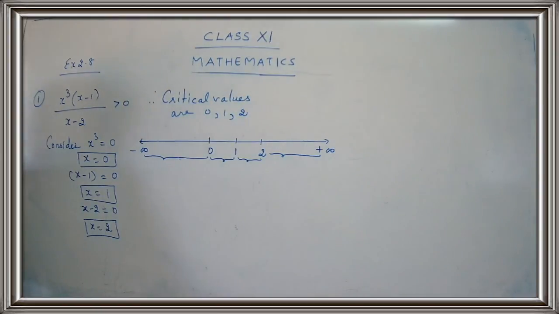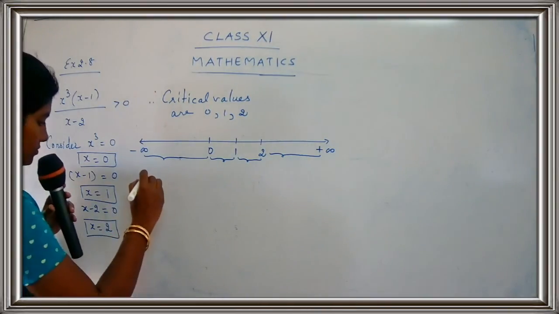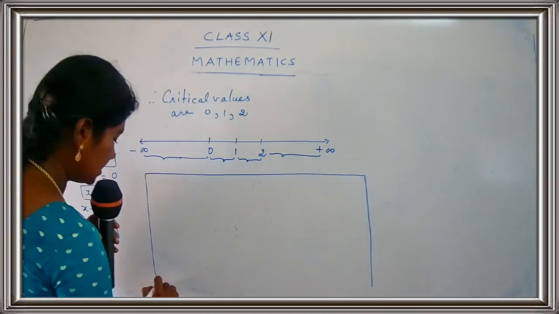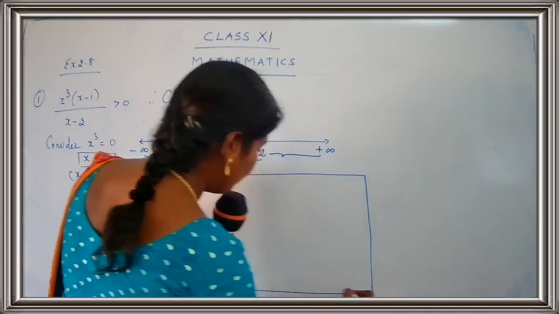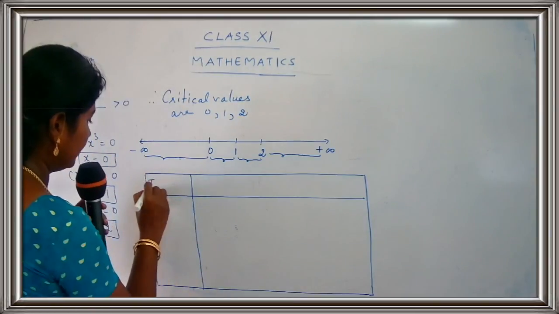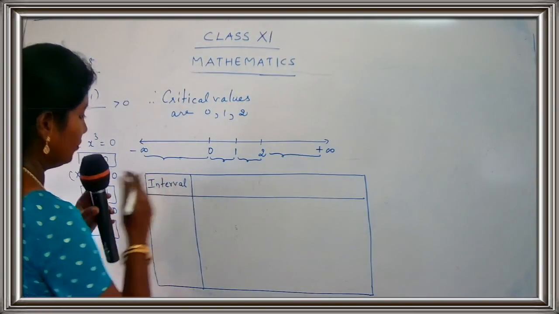So let us draw a table. Now we have to draw a table. So take your scale, take your pencil, and let's draw a table. Draw a neat table. The table gives us the answer. So the table is very, very important. You have to draw it neatly. The first column is for interval, so give the heading here, interval. The next one is, you have here 3